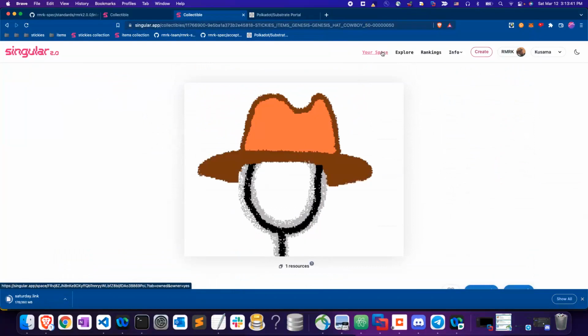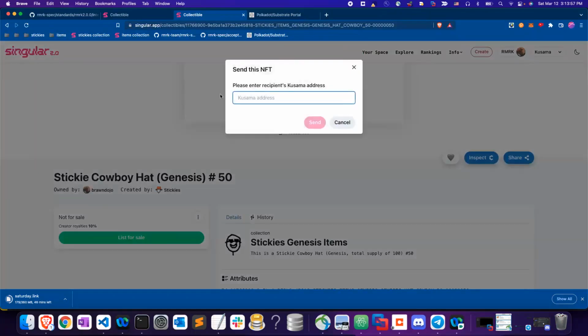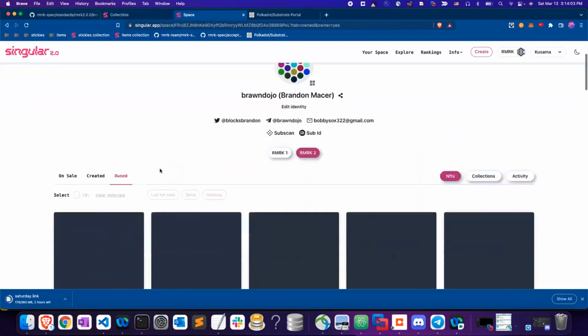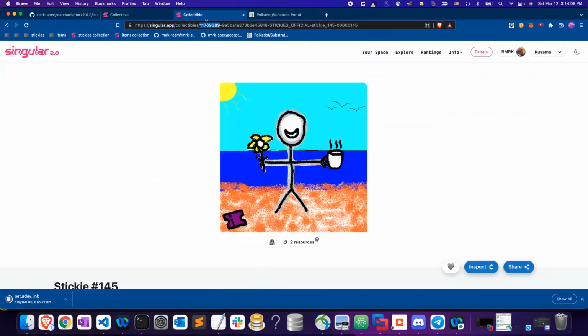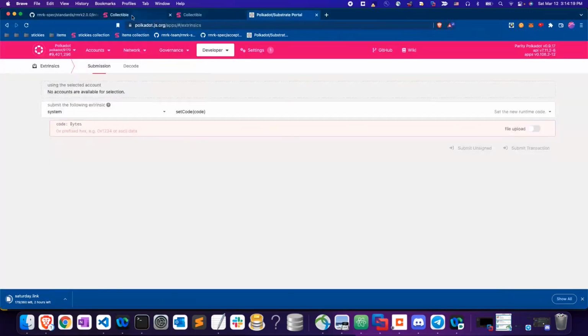Now, in order to do this, the send is just putting in the Stickies NFT. In Canaria, you have this option of add to one of your birds, but this doesn't exist here. We do have this gift thing. So maybe if I put in my Stickies ID, which is in the URL, this is the NFT's unique ID, this whole string here after /collectibles. This is the ID. So maybe if we put this in,